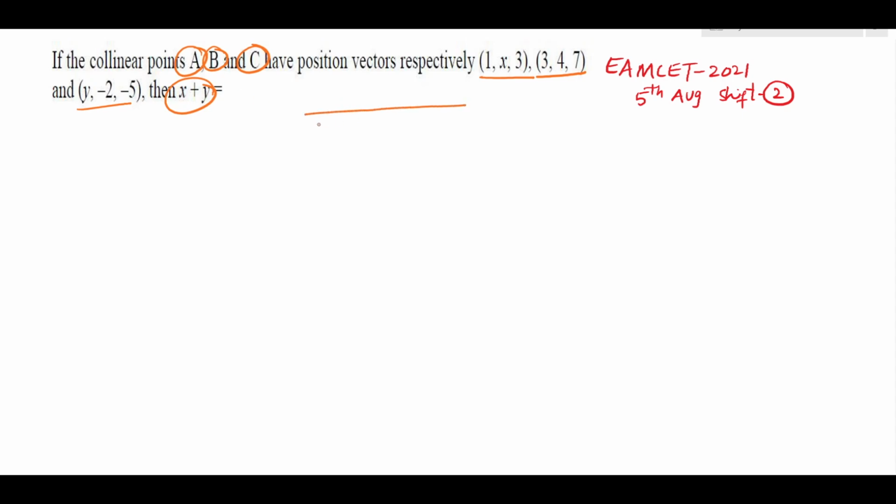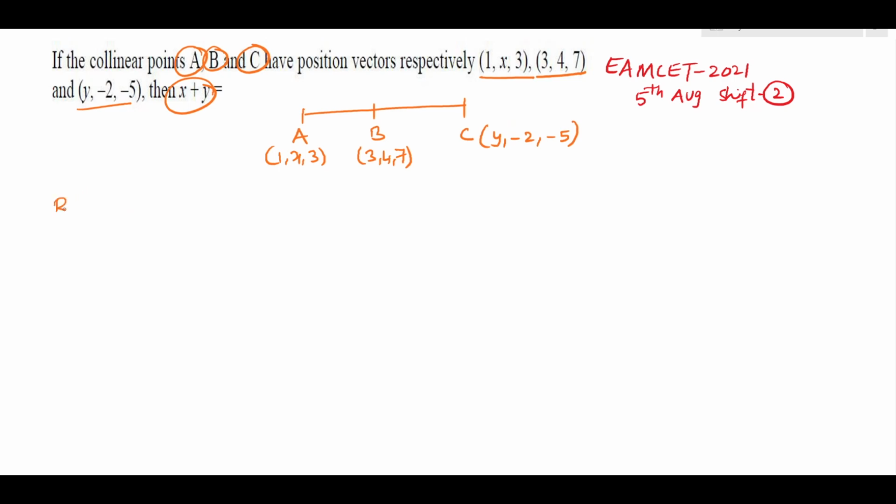That is, capital A is (1, x, 3). This is capital B, (3, 4, 7). And capital C is (y, -2, -5). These 3 points are collinear points. First, the point B divides AC in the ratio